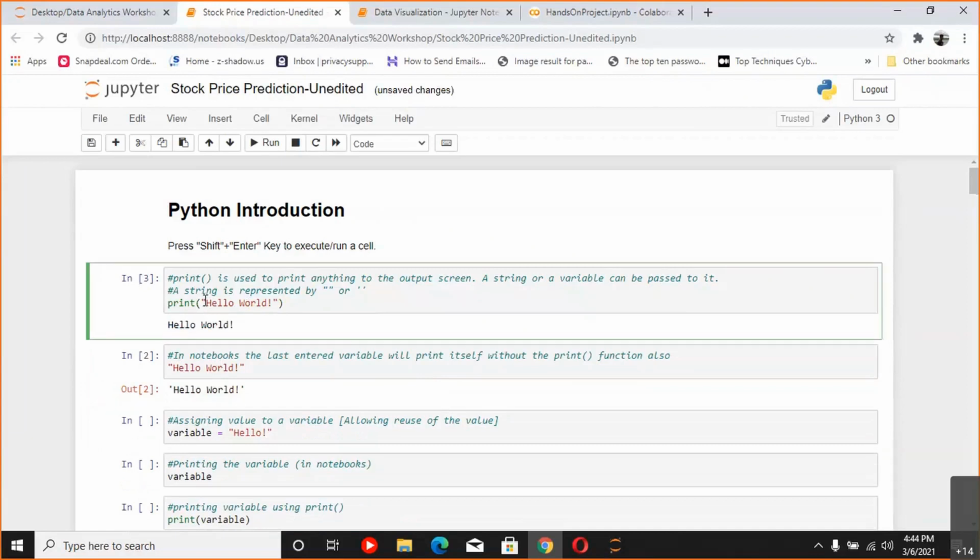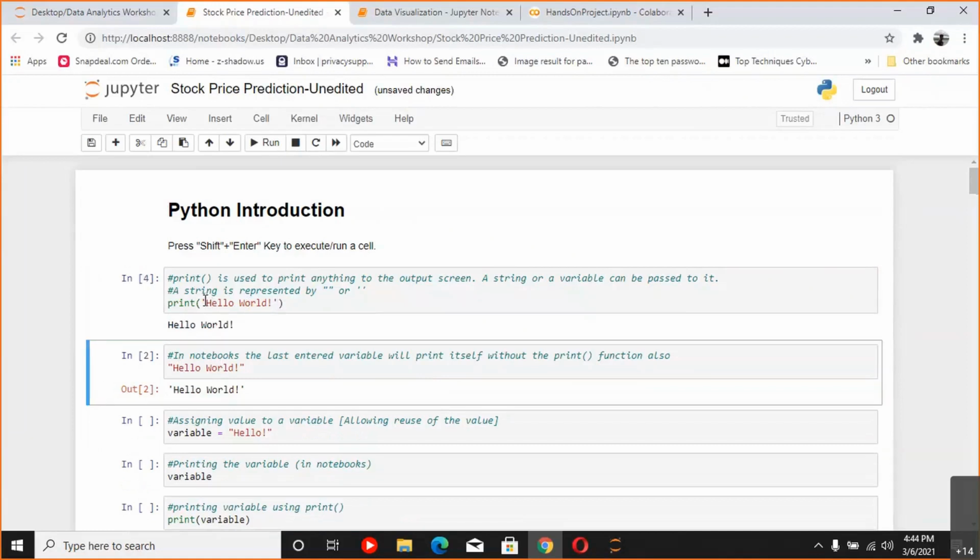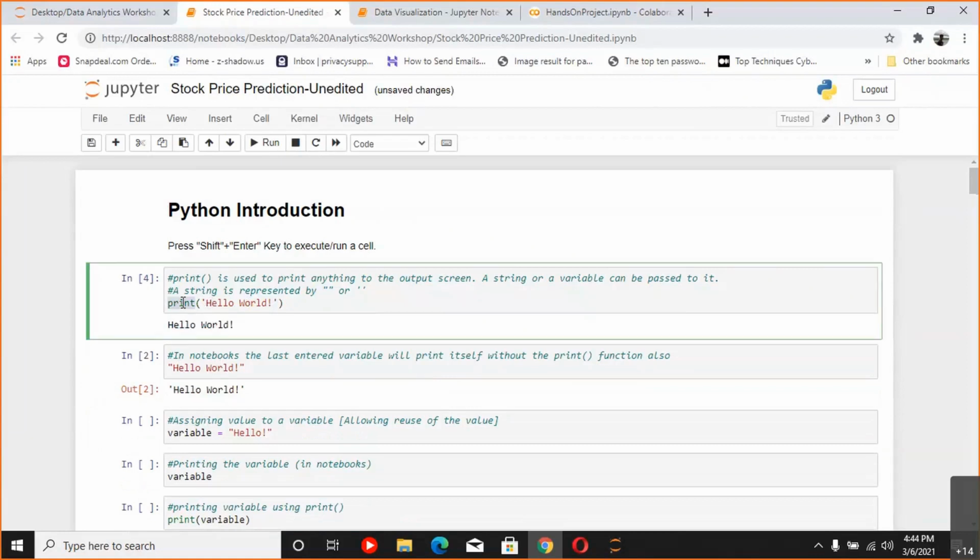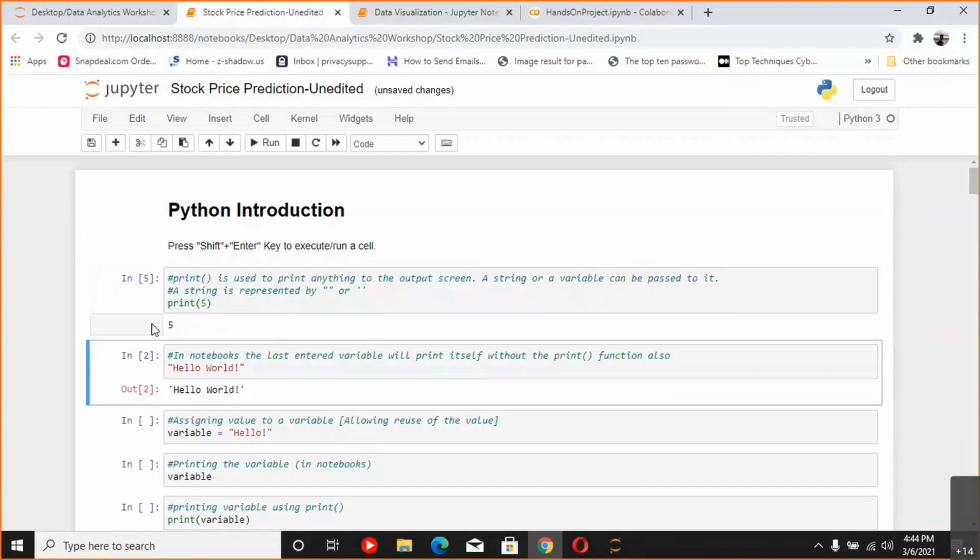Again, as I said, single inverted commas also work. So if you just replace both of these double inverted commas with single inverted commas and run this statement, then also it will do the same thing. So this is how the hello world in Python can be done. Anything that you write inside of the print statement will be printed. This does not need to be a string really. This can be a number also. So if I want to print 5, then you can directly write 5, because 5 you want as a number and not as a string. Okay, so if I do this, 5 will be printed.